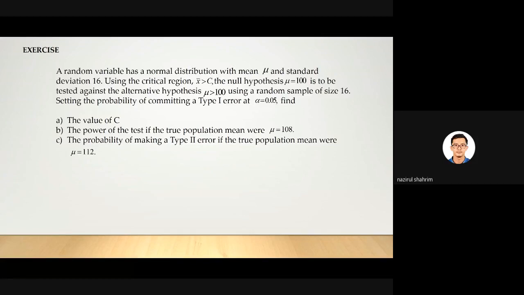Okay, mean new standard deviation 16. So that's mean, first you write in terms of your normal distribution. Okay, so let's say we have normal. Okay, so you have mu and sigma square. Standard deviation 16. So using the critical region,